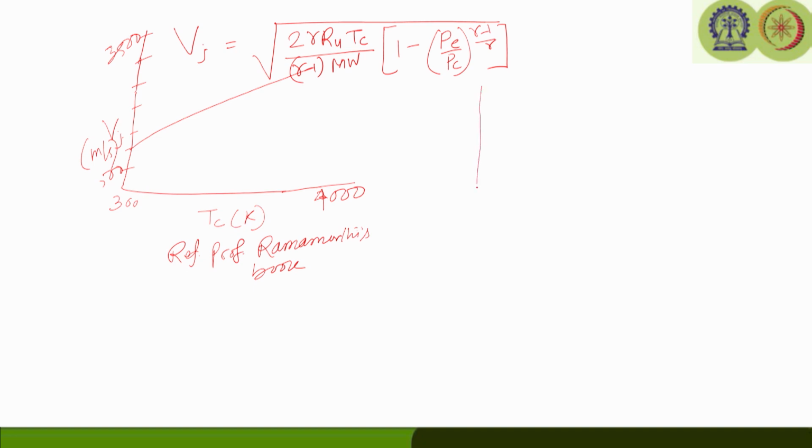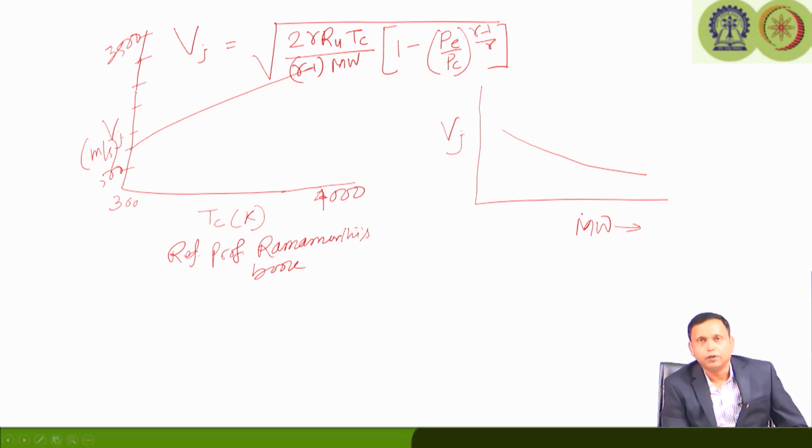Now, if you see the same plot for the effect of molecular weight on Vj, we see that an increase in molecular weight is going to decrease the value of Vj, and that is evident from the equation as well. In the equation, it is like 1 by the square root of molecular weight. So Vj is going to decrease if the molecular weight of the products increases. In a sense, complete combustion of propellants, which gives a higher molecular weight, is not conducive to generating a high value of Vj.